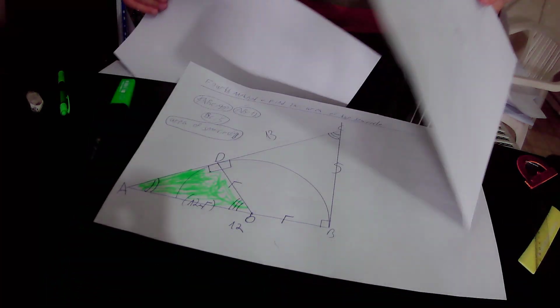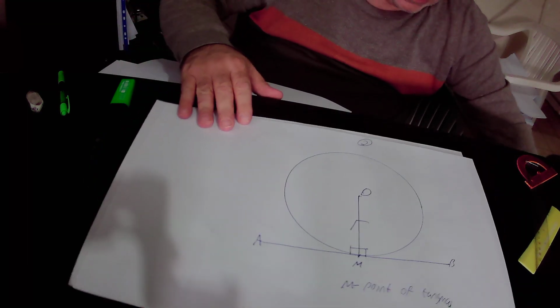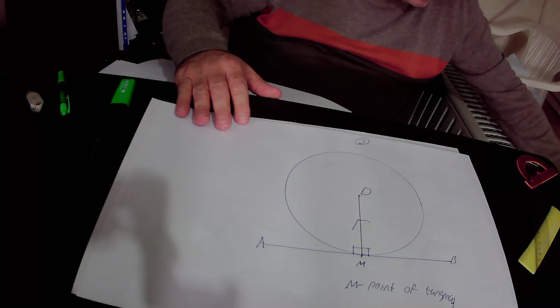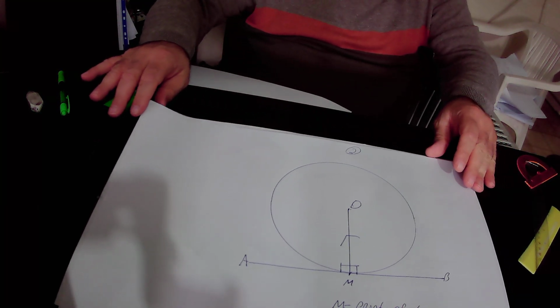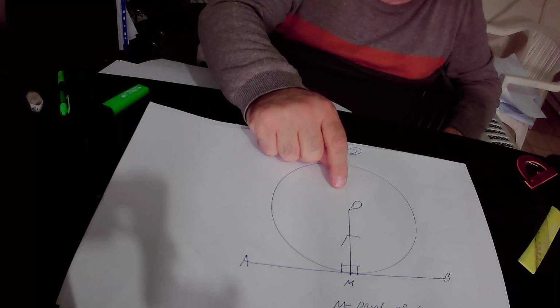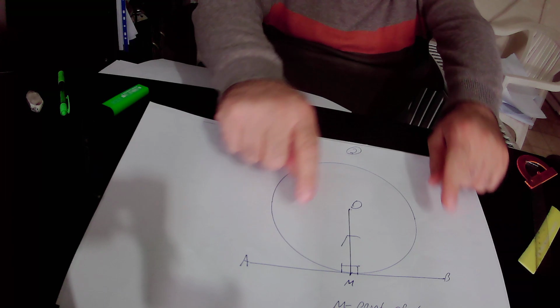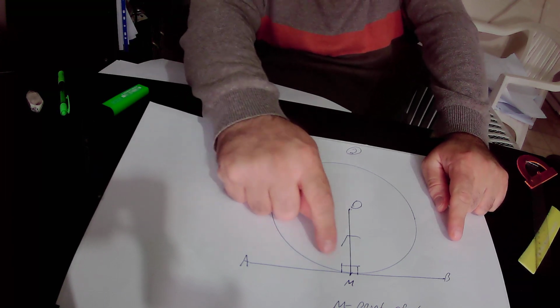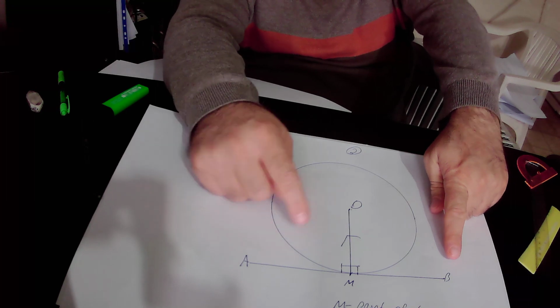The meaning is that if we have this circle, the center of this circle is point O, OM is the radius of this circle, and we have tangent AB that is tangent to this circle at point M. Point M is the point of tangency of tangent AB with this circle,